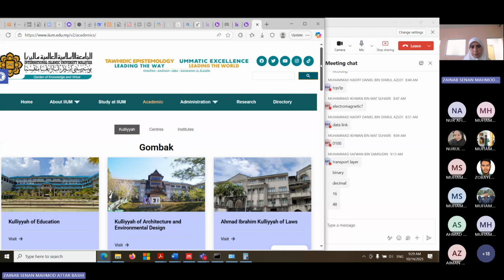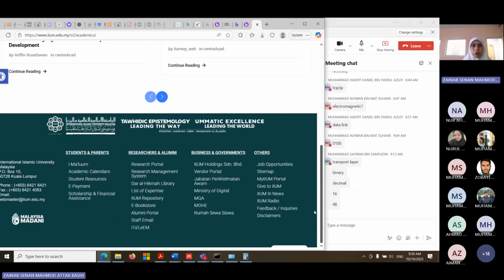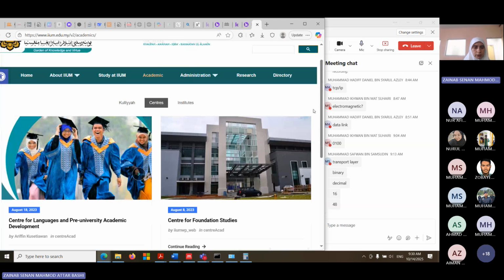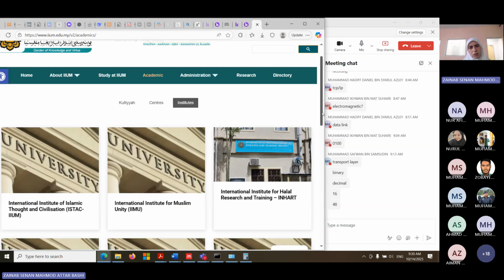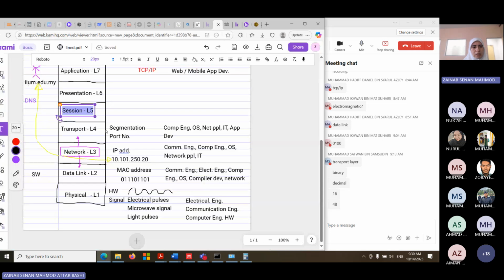So now the session is closed, meaning that we have sent everything related to whatever you requested from the server. That's a session. I click on Centers. Now new information will come, all of it together, related to the same page and the same session. When all of it is transferred, the session will be closed, because if we don't close it, some bad people can use it to attack. So we need the session layer when we talk about security. Usually we don't study anything related to it when we talk about networking, except maybe when we talk about TCP/IP and the TCP three-way handshake, which we'll talk about later, inshallah. So maybe something about it will be mentioned.